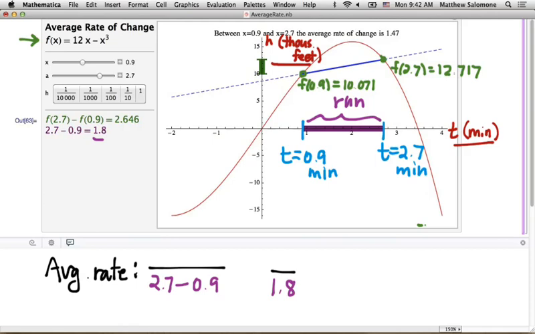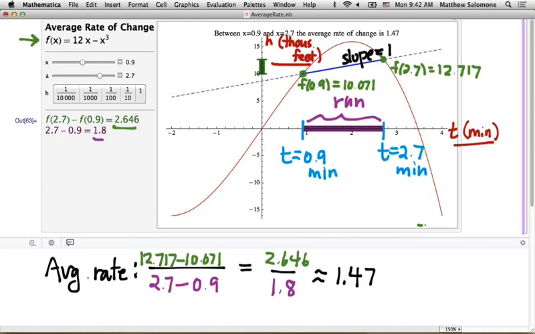And then the rise is just the difference between those two values. And that difference is 2.646. So 12.717 minus 10.071, that's 2.646. And then dividing those two, finding the slope of that line segment that's being sketched up there, we get approximately 1.47. Okay, but now I want to know what that number, the average rate of change, which is also the slope of this line segment, 1.47,